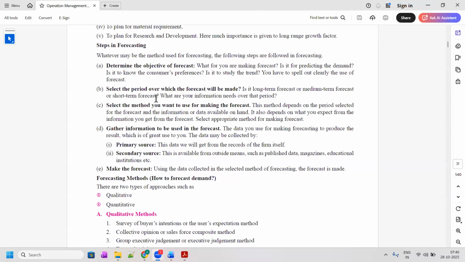So, talking about the steps in forecasting, basically, we have discussed what is demand. Demand isn't the desire to have a product or service. To have desire is not the demand. And then there's the ability to get it; the desire together with the ability is the demand. And then we have discussed forecasting of demand, why we need to forecast demand, because when we have